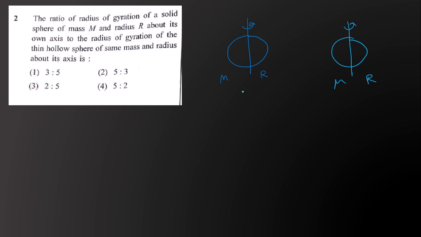Both the objects have equal mass and equal radius, and we are supposed to calculate the ratio of the radius of gyration when they rotate about their own axis. Well, first of all, for the solid sphere, what is the moment of inertia about this axis? It is equal to 2 by 5 mr square,